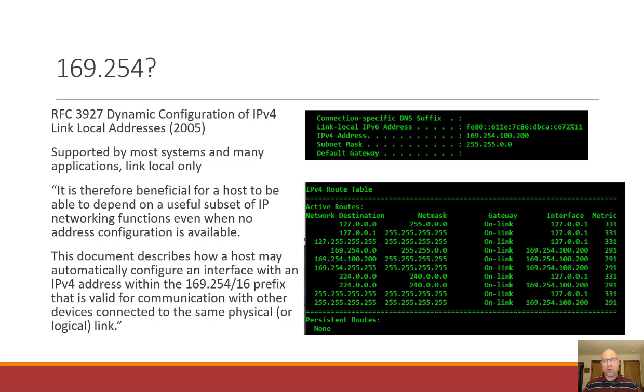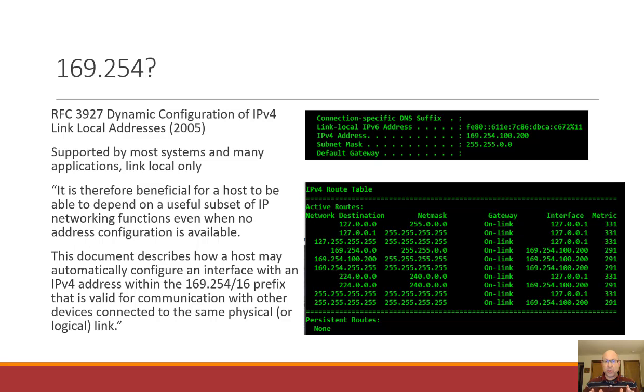In IP version 4, we don't really think about it that much, because we get a unicast address, your IP address, and that's all we think about. But in IP version 6, it becomes a lot more distinctive. But if we got a 169.254 address, it means that we've got dynamic or auto configuration ready to go. Now, most OSs support this, and a lot of applications actually make use of it. And the whole point is that if you don't get an IP address, but you still need to communicate with somebody over an IP network,